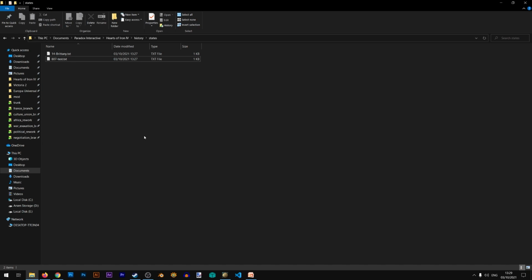For those of you who have been doing state modding, you know that your state ID numbers need to be in a certain pattern, and the new state always has to have the last number. So in the vanilla game, the next state that I will be creating, if I did not create any other state, is 807. Alright, so these files are here, but they're not in my mod,